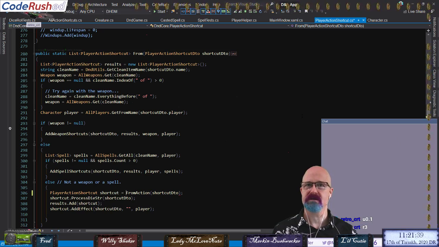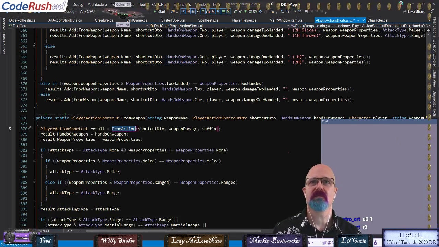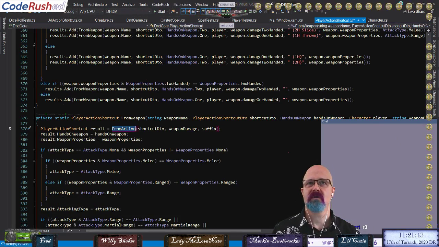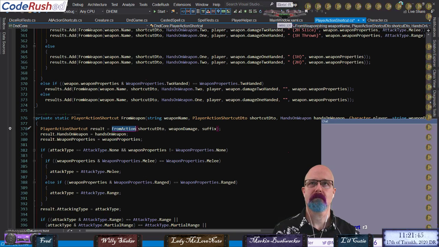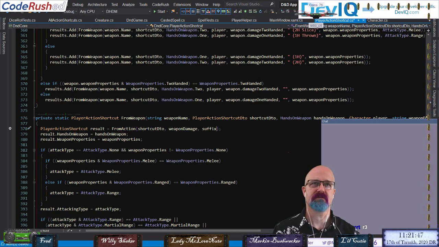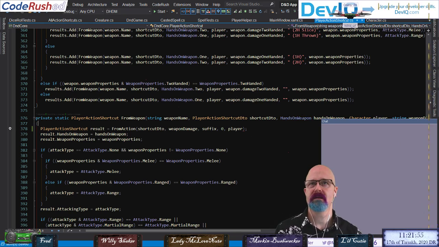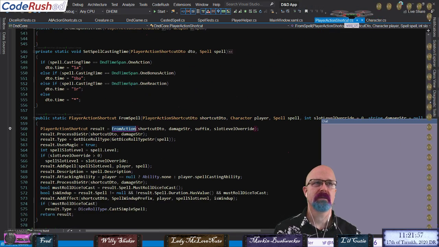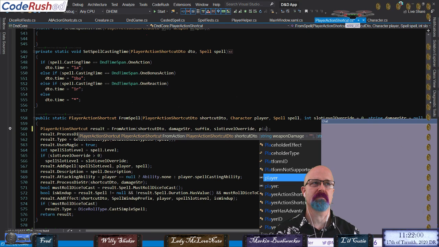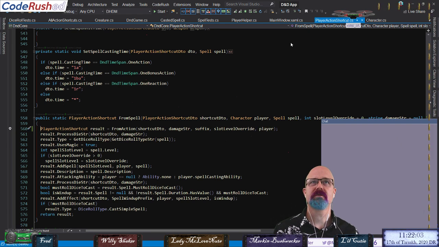All right, what's next? From weapon. Yeah, I'm going to say for sure. The slot level, we'll say 0, and then we're going to pass in player here. So from weapon, we'll pass in the player. And from spell, for sure, we want the player. Okay. Now with those changes,